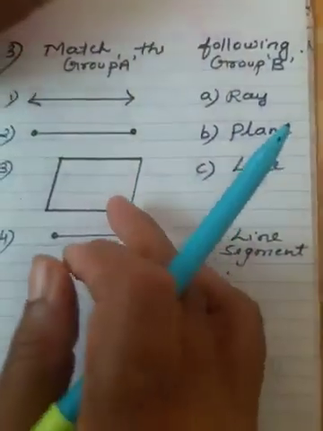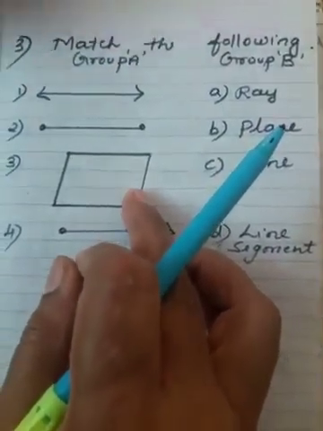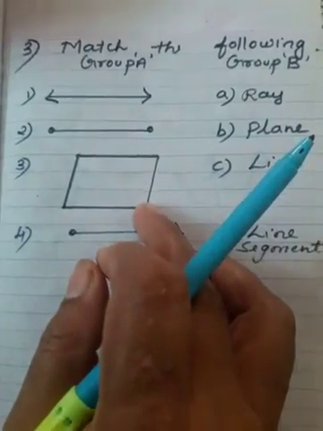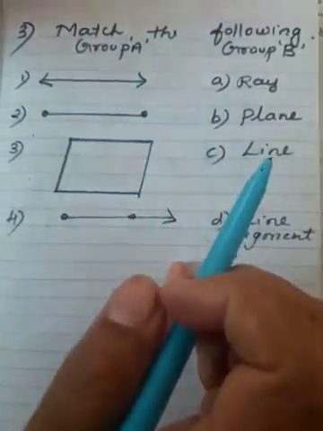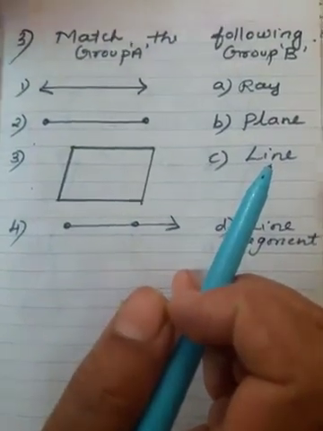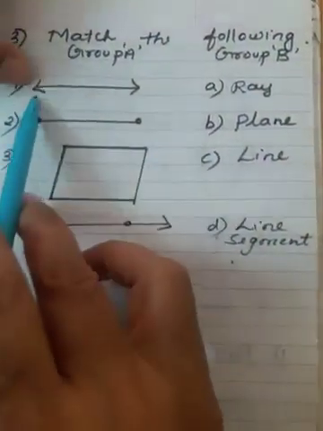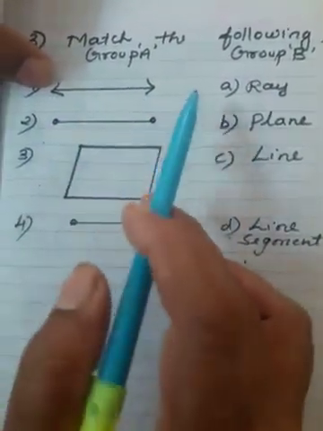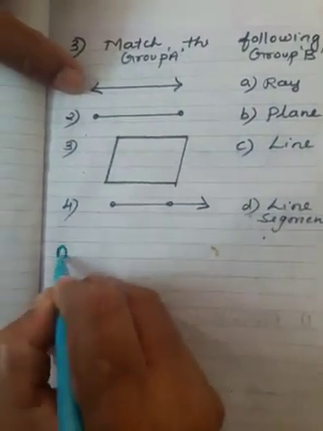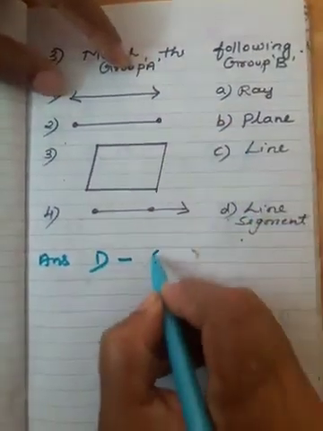So students, you remember in short how to remember which is a line, which is a segment, which is a ray. So segment has only two endpoints and ray has only one side. You can see only one side arrowhead, and in line you can see both the sides arrowheads. So here in this figure you can see both the sides arrowheads. That means it is a line. So what is the answer of first one? First one is line. That is C.